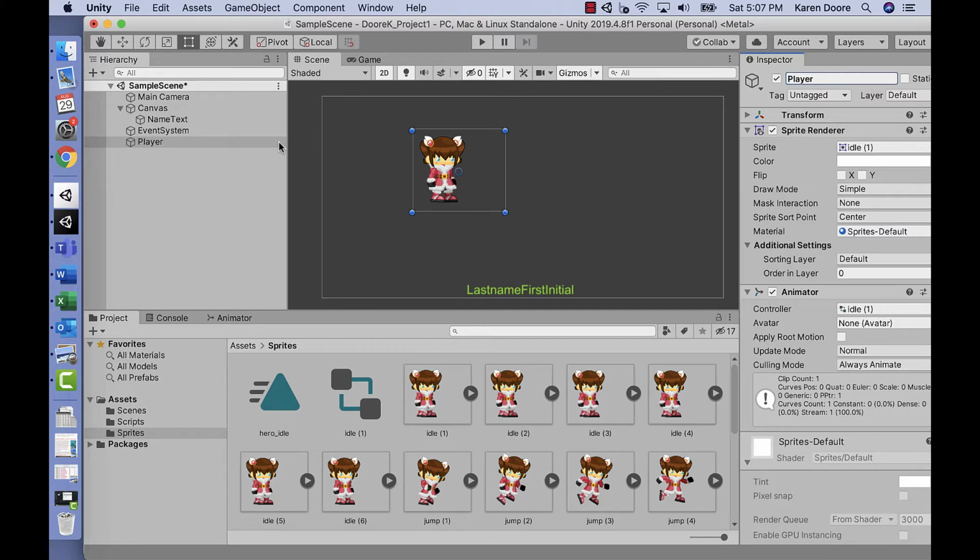Okay, and each time we drag sprites in, we're going to have more game objects created, but this player one is actually the only one we're going to keep. So we're going to be deleting a bunch of things as we go along here. When I have the player selected, let's look at this